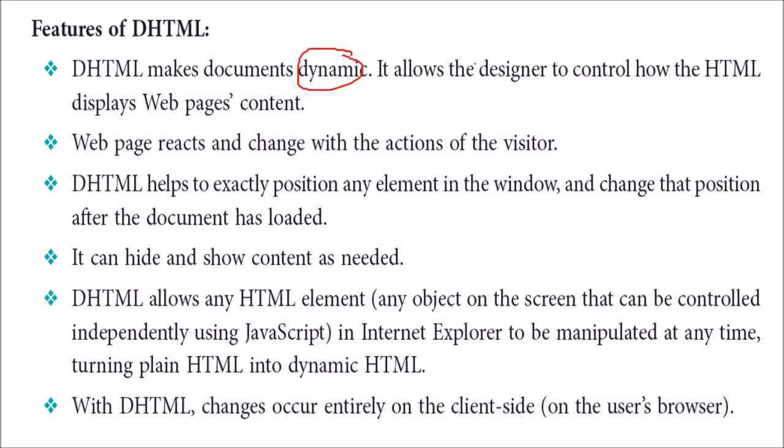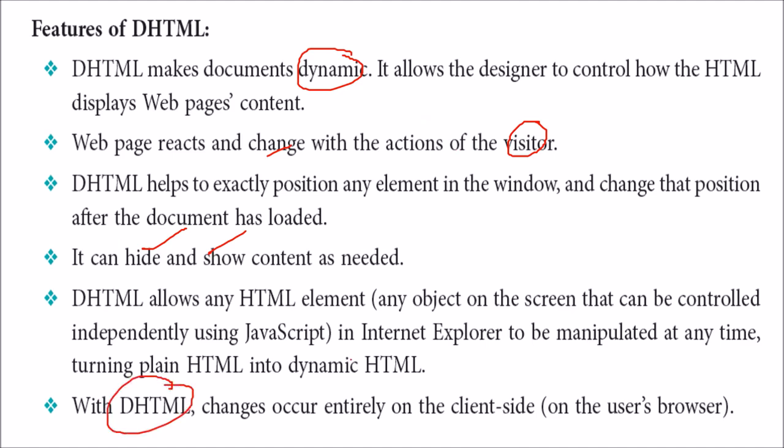It will allow the designer to control how the web page's content should look and how it should change. So whenever a visitor is visiting, the web page should react in a special way to cater to her or his needs. So DHTML is like changing the position. You will be able to hide and show the content, change the things, control the things. And the most important line which I am going to speak right now: